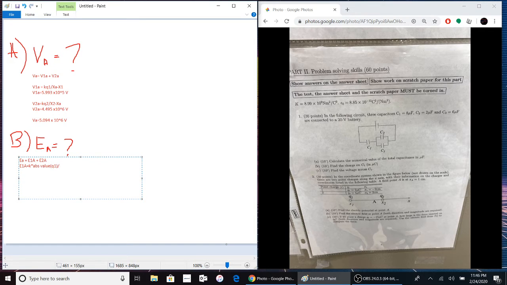And then we're going to have that over XA, but this is in parentheses, XA minus x1 squared. And when we put in all of our variables here, E1A is equal to 1.998 times 10 to the